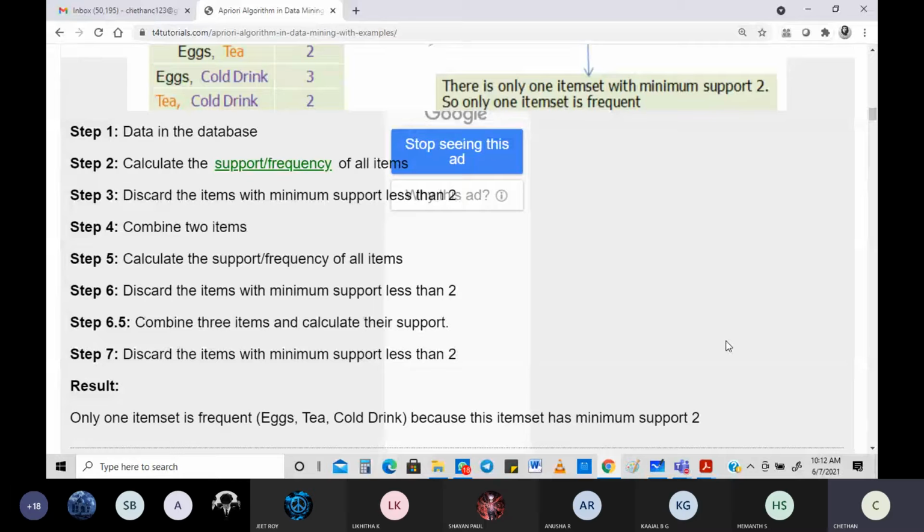Generally, how do you figure out things like bread and jam, bread and butter, or milk and butter? All these things go together because of transactions only, because of getting to know how people are buying things. We're not doing it just for the sake of doing, right? We generally see the transactions, and only then do we say.